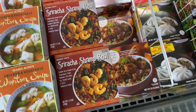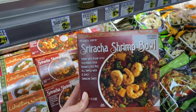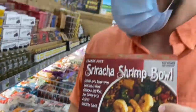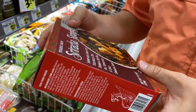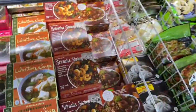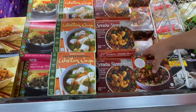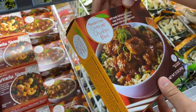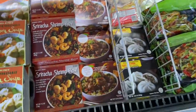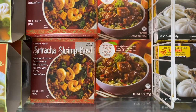Okay, this is one of Cody's favorite meals. It's the sriracha shrimp bowl. He eats them for lunch and they're pretty good. Would you say they're spicy? Yeah, they have a little kick to them if you're not expecting it, but they're really good. But these look new, Lauren. These Mandarin style orange chicken bowls. Those look good. You should get that one too. Yeah. I'm a huge fan of orange chicken. Trader Joe's orange chicken is really good. As good as Panda Express, but